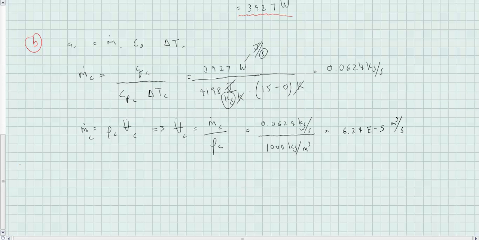And now to convert that into the proper units, liters per minute, we'll take 6.24 e-5 meters cubed per second